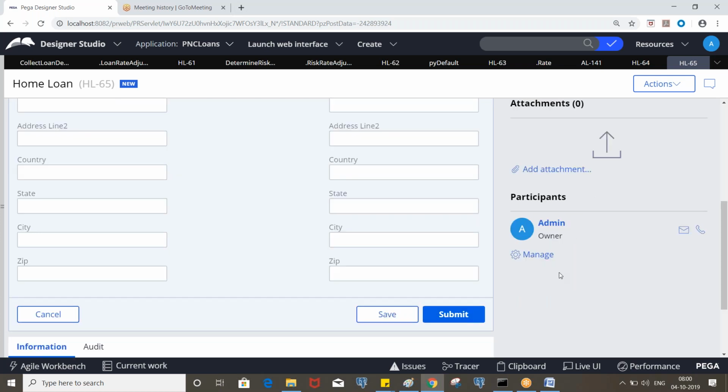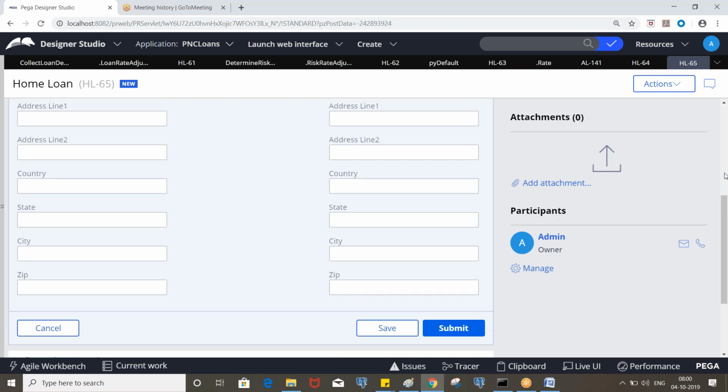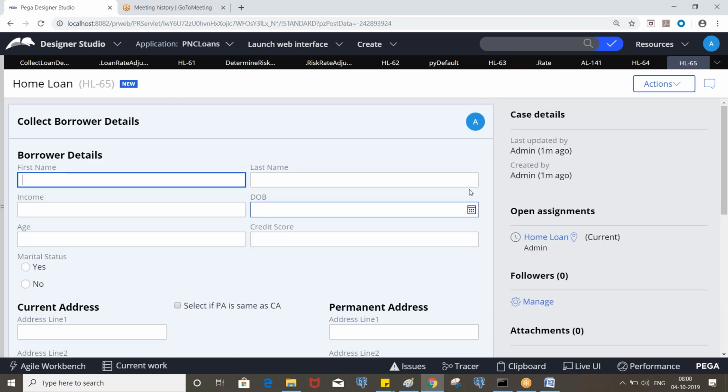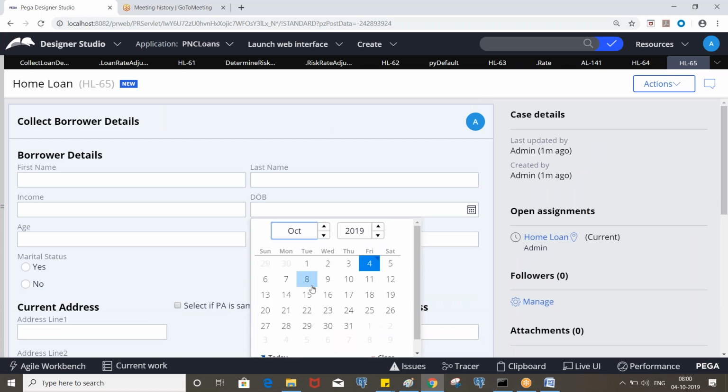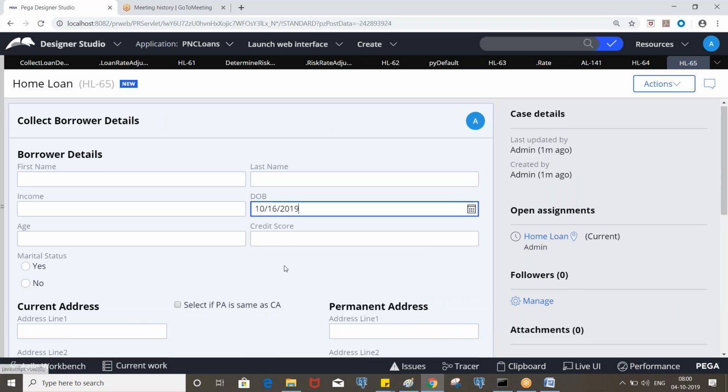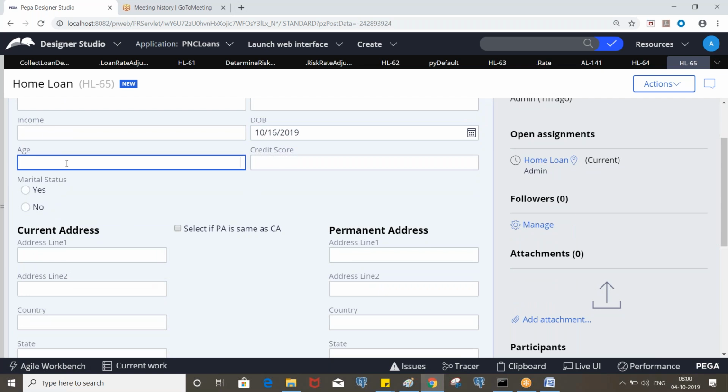That will be covered as part of the validation. And remind me, whenever we select the date of birth, based on the date of birth we need to return the age. We can do this by using declare expression. We'll do that as part of the validations.